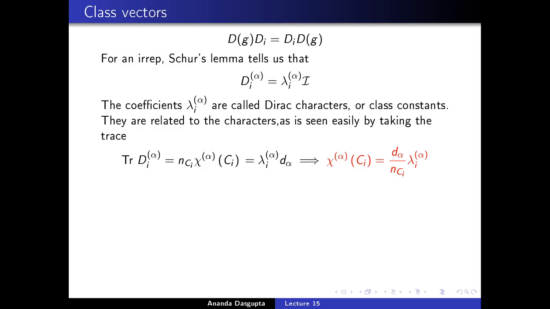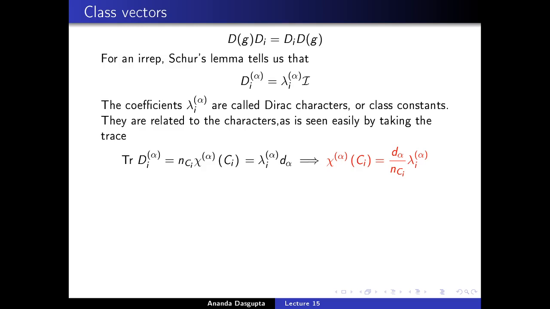The only hitch here is that if you are doing this entirely from scratch, you would not know what the dimensionality of the alpha irrep is. But that is easily remedied. To see how the Dirac characters can also tell you about the dimensionalities of the irreps directly, let us start from the irreducibility criterion. Remember, the irreducibility criterion says that if you took the chi vectors, the character vectors, and formed the inner product of a character vector of an irreducible representation with itself, you are going to get